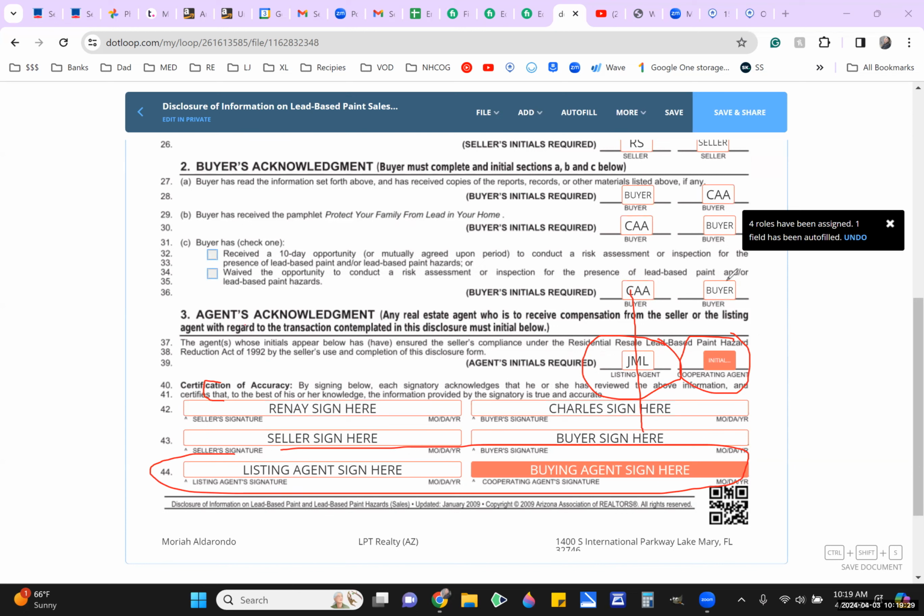Oftentimes these initials get missed. I need to check right now. I have my other buyers whose home is built before 1978. And just double check that everything was done correctly. So even this though, Judith, yeah, we never know, right? We don't want to miss it. Judith is pretty good and she usually catches it. But if, let's say, your client is a wet sign only,